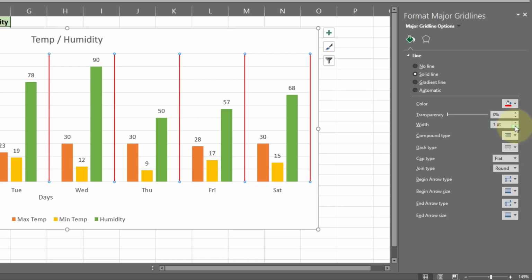So we will set it to, let's say, 1. You can set other options here, but we will leave it up to this point. So this is our horizontal line. Now we will select the